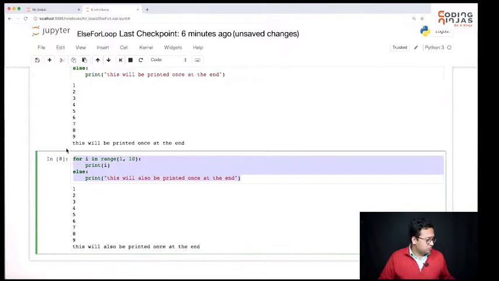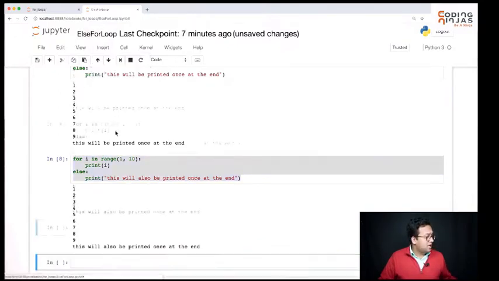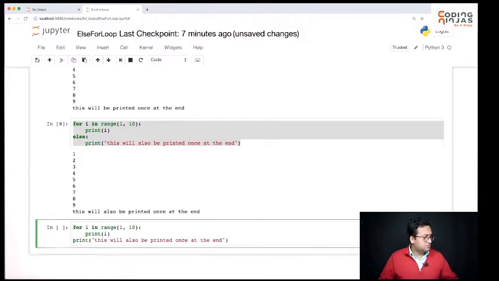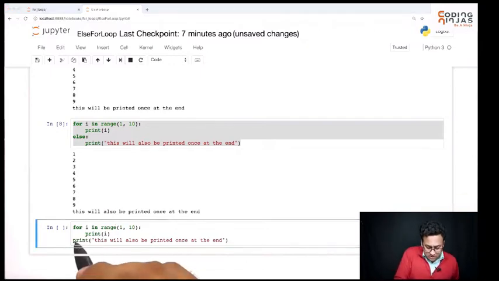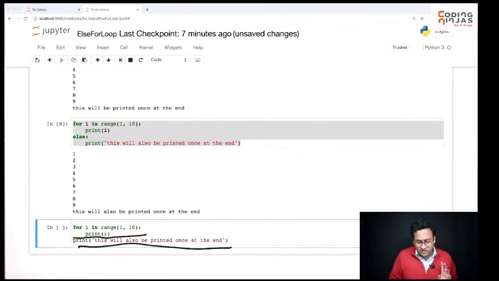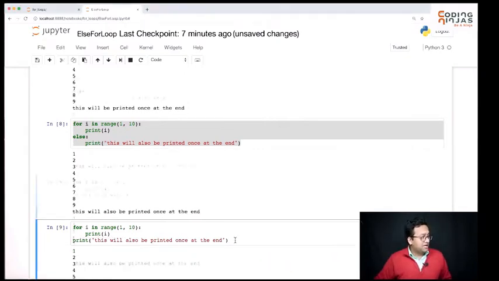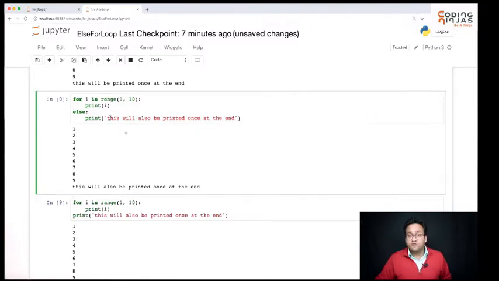What is the difference between this code and let's say this code? Here also, this for loop will run, and in the end only once this statement will be run. So the output will exactly be the same as the output from this particular for loop. So why do you need this else? Because once the loop is over, you will execute the next line only once, right? So why do we need this else? So this else becomes interesting